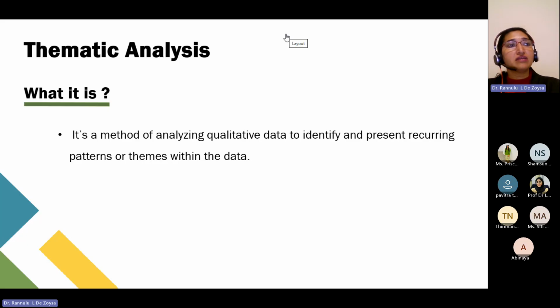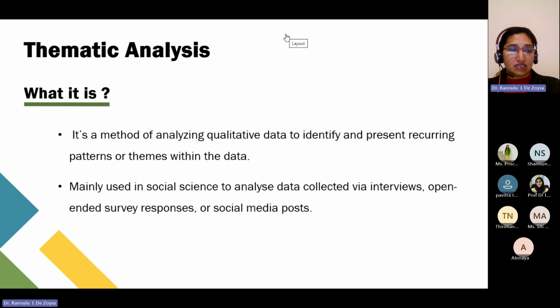You mainly use this thematic analysis in social sciences to analyze data collected via interviews, open-ended survey responses, or